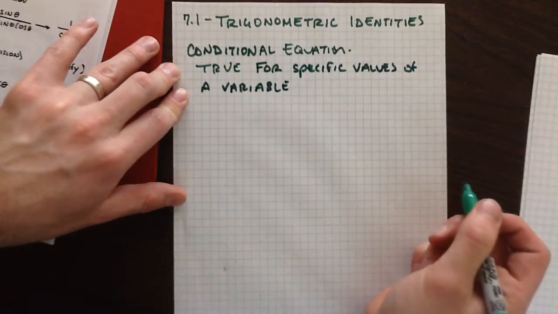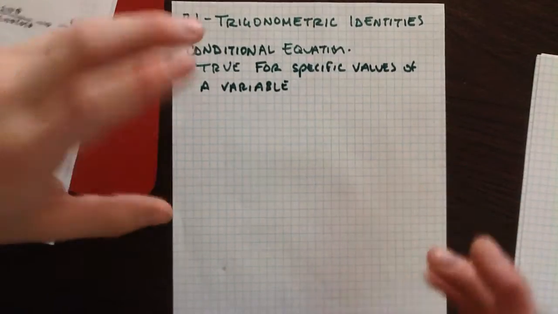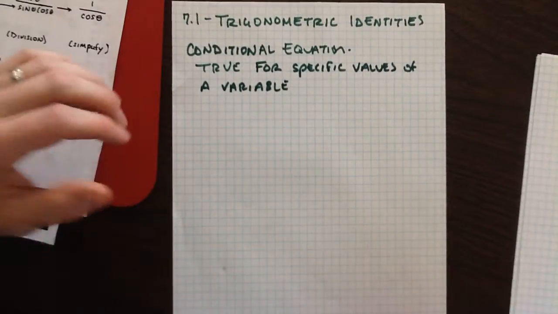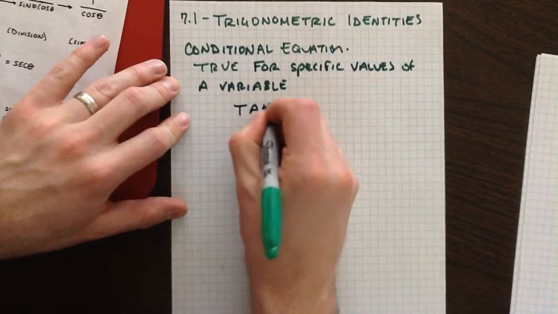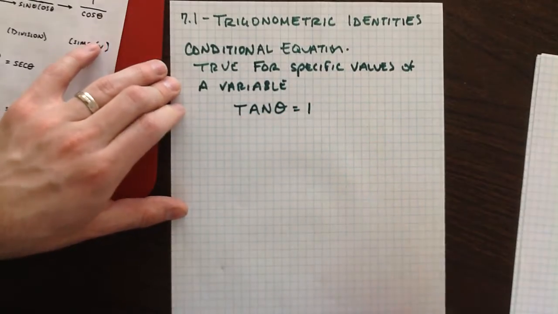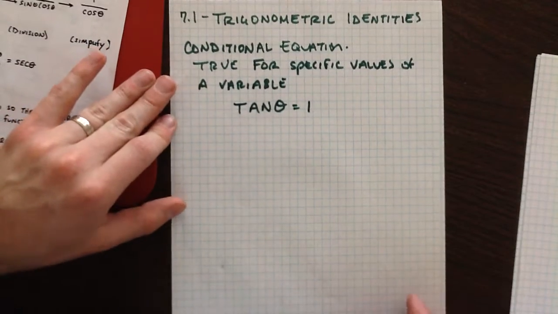We've seen these already. An equation that you can solve and get x equals some value is a conditional equation. If we say tangent equals 1, there are specific